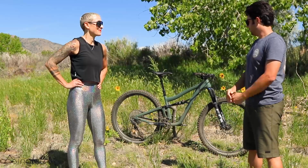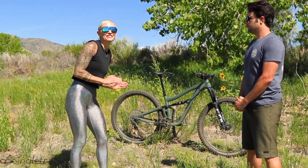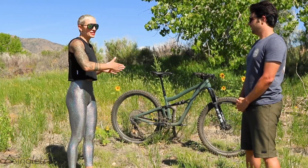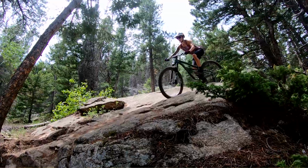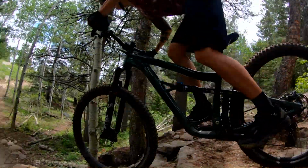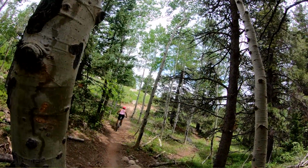All right, going downhill. Chris, what did you make of the Ripley AF on the descents? Similar opinion. Still loved it. That's the number one takeaway. A couple things. They did increase the wheelbase just a little bit on the AF, which was awesome and made it feel extremely stable, along with that slacker head tube angle. Again, just a tad, and it made it feel great on fast, even loose